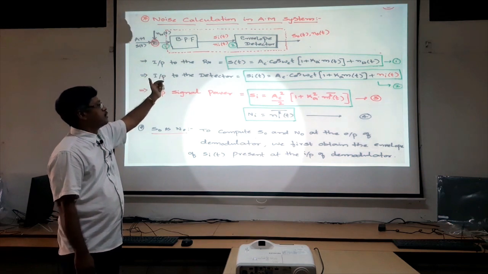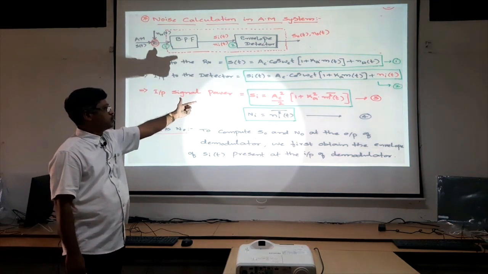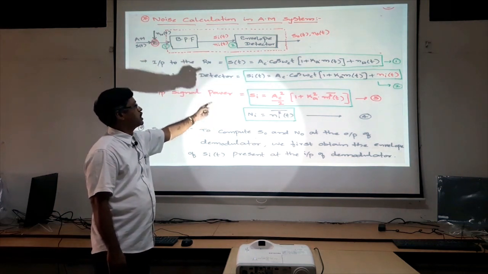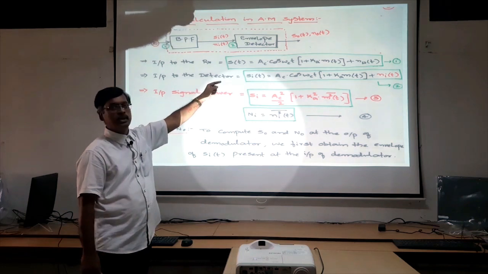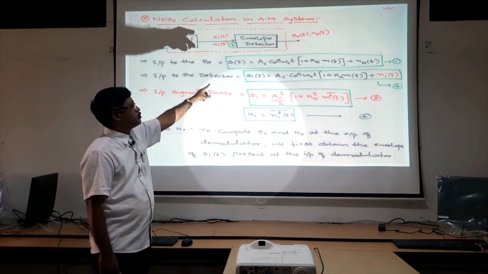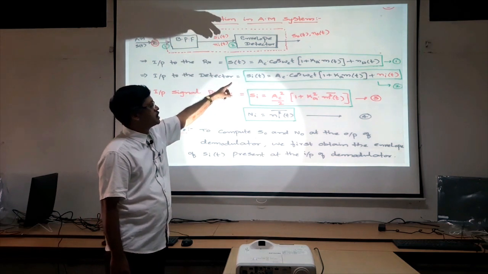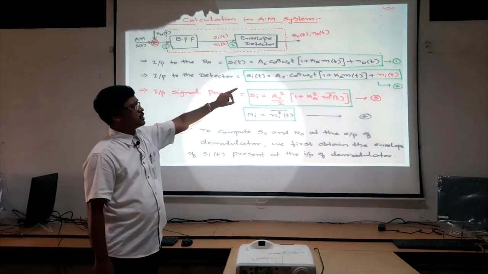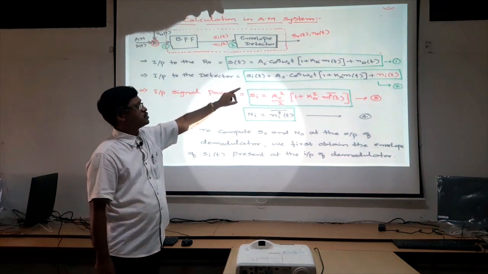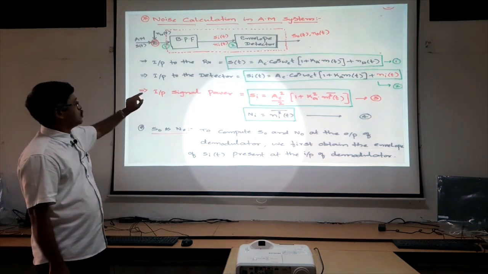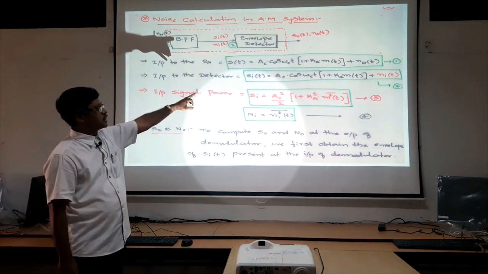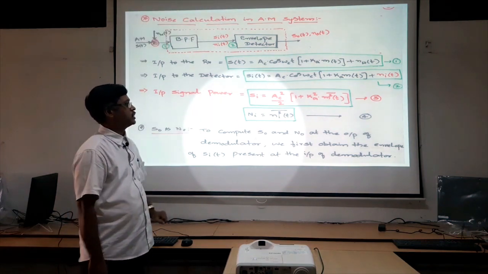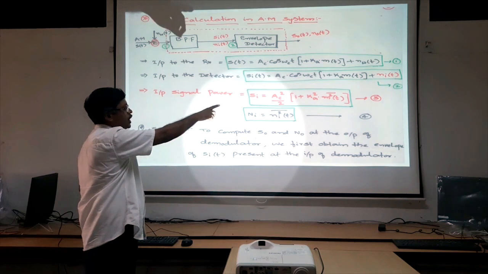From these two parameters, I am trying to calculate the input signal power and input noise power. Before obtaining the input signal power and noise power, let us focus on the input signal along with the noise. The signal here is the amplitude modulated signal, defined as Ac cos(omega_c t) into (1 + k m(t)). The noise is nothing but the white noise defined as n_w(t). So the input to the demodulator or detector is Ac cos(omega_c t) into (1 + k m(t)) plus the band pass noise Ni(t). That means equation 2 has two terms.